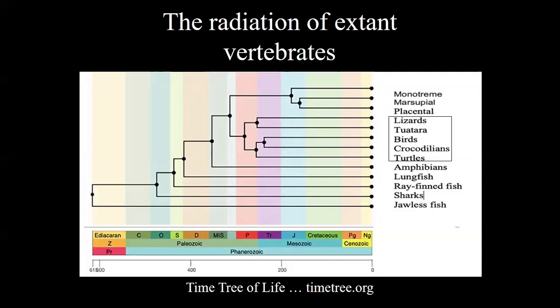And then next would be the sharks, and next would be the rayfin and lungfish. And you can see, if you trace the lines back, how many million years ago at the very bottom, or what paleontologic epoch, there was a common ancestor. We'll probably be spending most of our time with the reptiles and mammals,